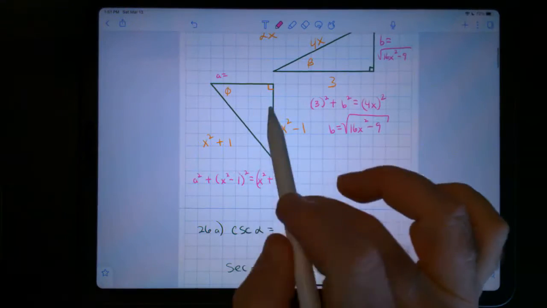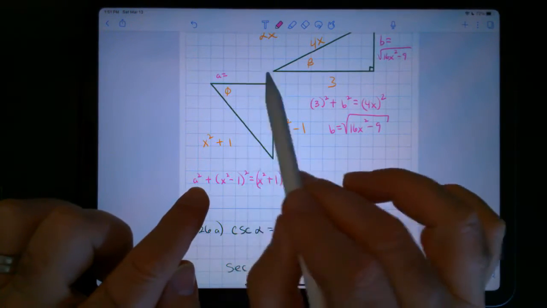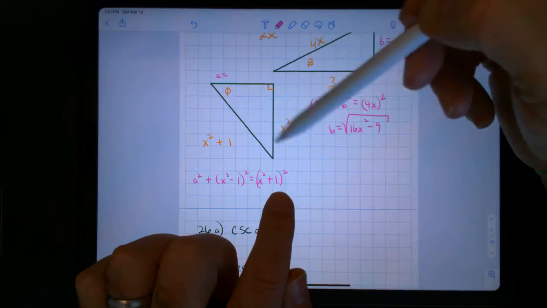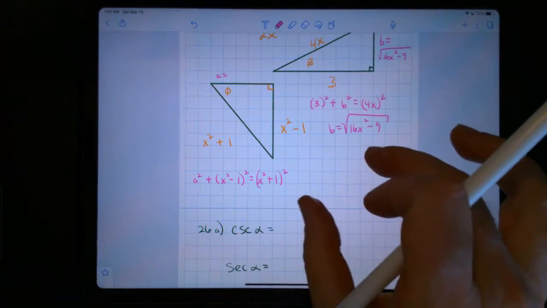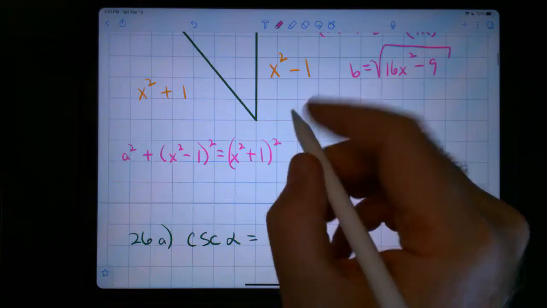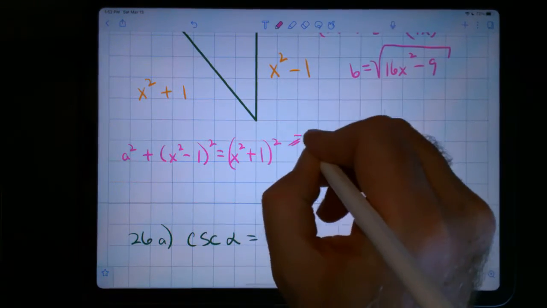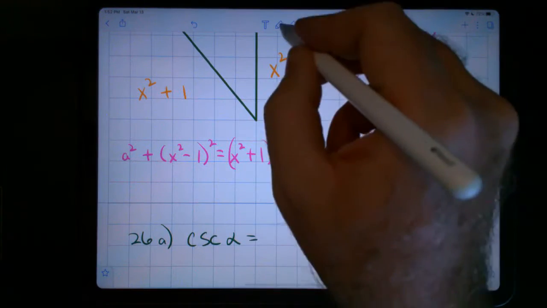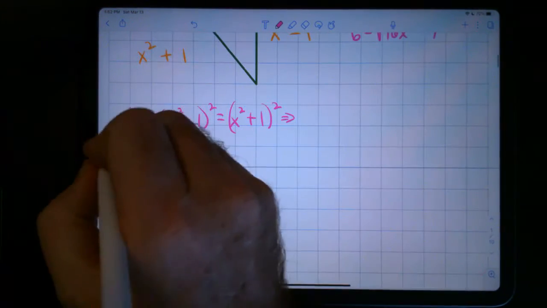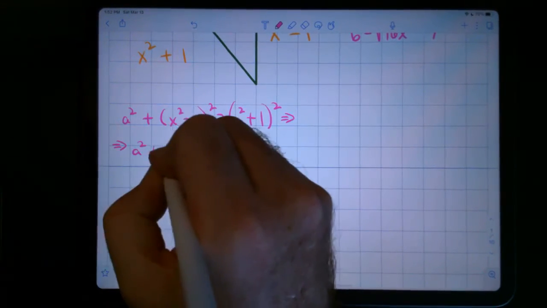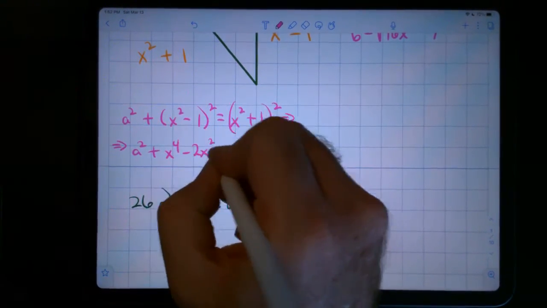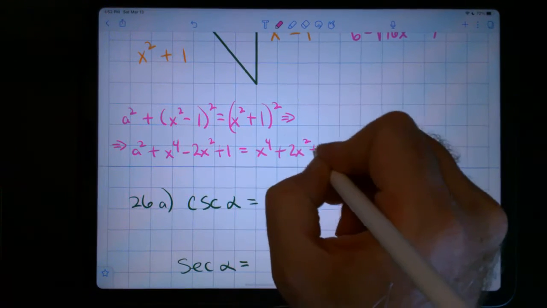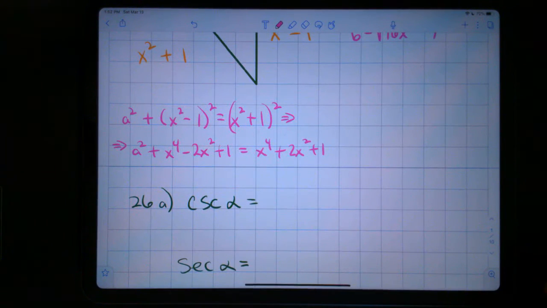So what we have is a right triangle. We need this whole length squared plus this whole length squared to equal the hypotenuse length squared. So this implies